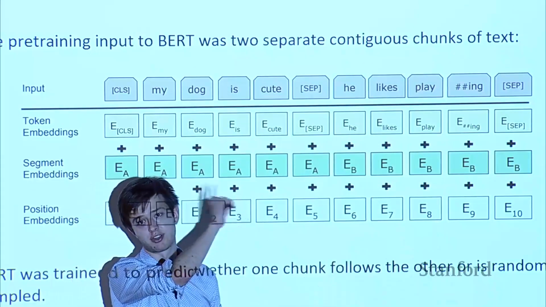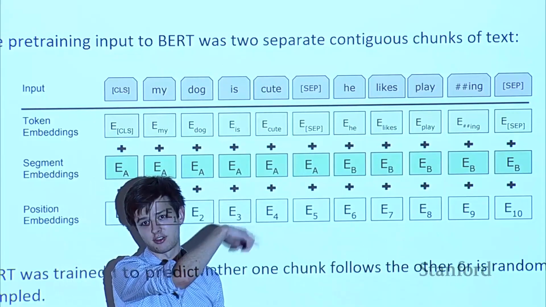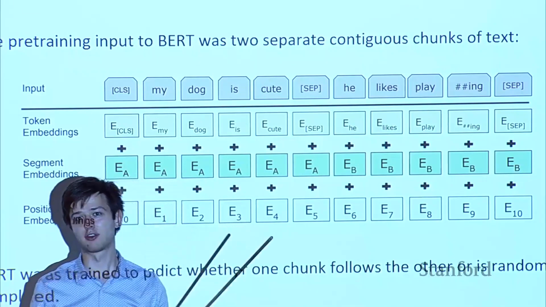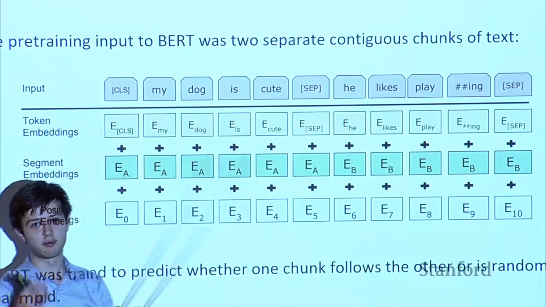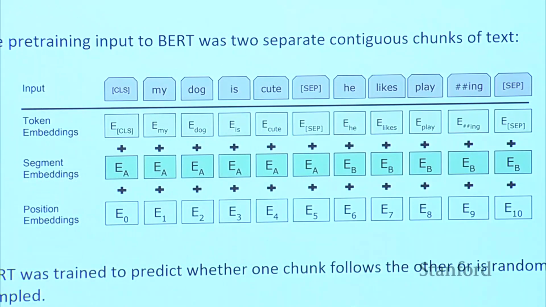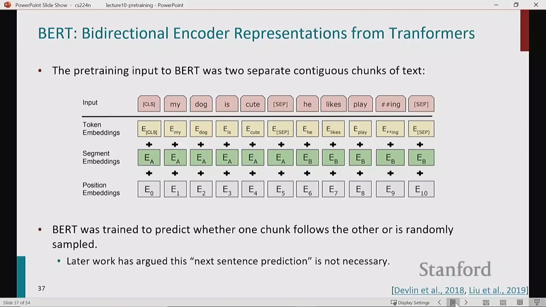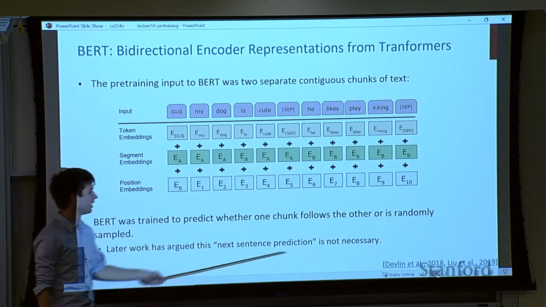And the model should predict whether it's the first case or the second, in order, again, to have to reason about the relationships between the two chunks of text. So this is next sentence prediction. I think it's important to think about because, again, it's a very different idea of pre-training objective than language modeling and masked language modeling. Even though later work argued that in the case of BERT, it's not necessary